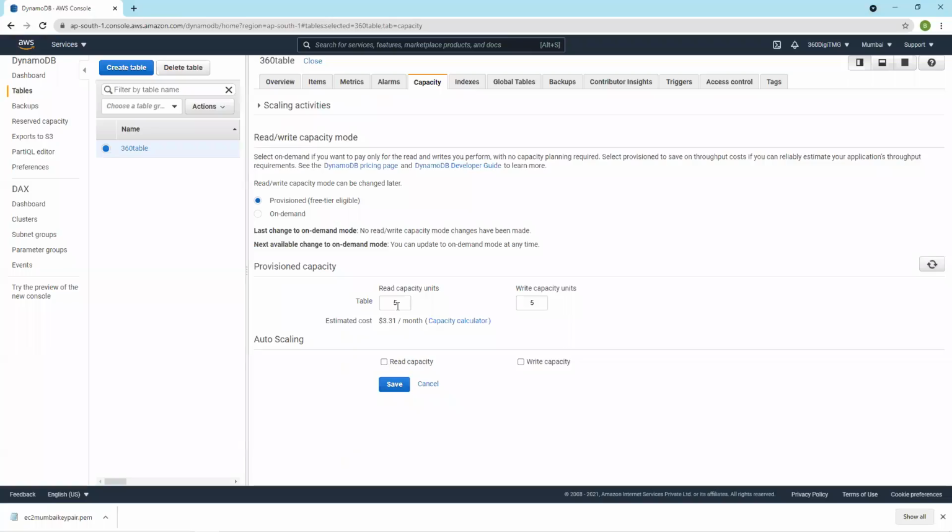If I want to dump more data at a time through a single request, then I have to increase my write capacity. Sorry, write capacity is only 1 KB per unit, so I can write 5 KB of data at a time. Whereas read capacity is 5, and 1 capacity unit is equal to 4 KB, so we can read 20 KB of data from DynamoDB at a time through a single query. And then indexes.